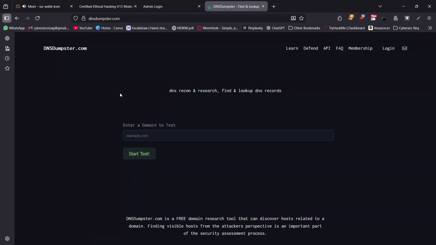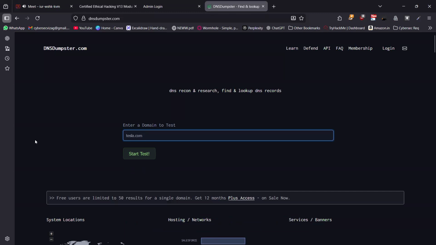But just to give you a better understanding, a DNS server contains or links the records of a web server, or any server for that organization, with its IP addresses. Every domain you see on the internet, google.com, bing.com, subdomains of Google, whatever it may be, has a linking to an IP address in the backend. It's hosted on a web server or a physical server, some sort of server which has a public IP. That linking is done in a DNS server. So if I enter a domain here, let's say tesla.com, and hit enter,